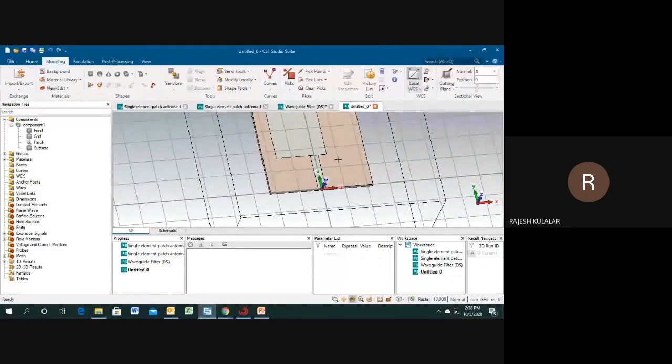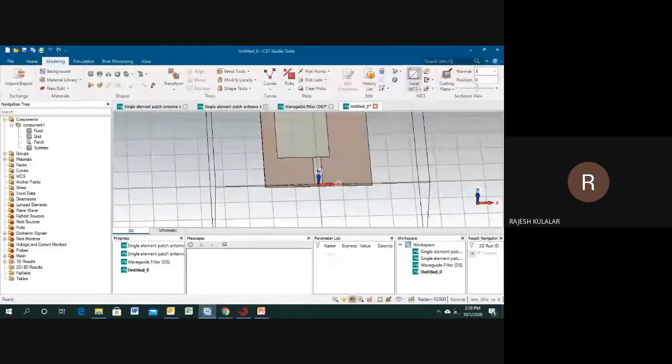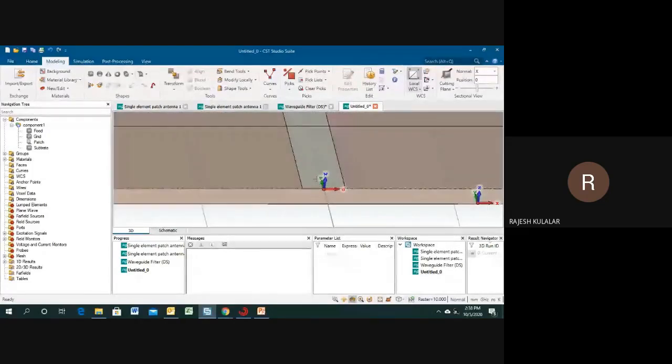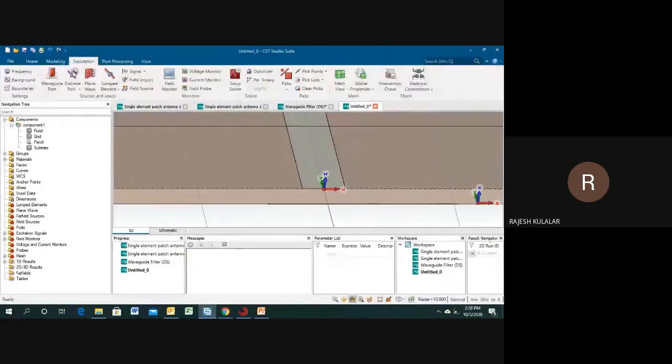So I need to define the port. For defining a port, we can use the waveguide port or discrete port. Plane wave we don't need here. Actually, plane wave is needed to define RCS analysis.